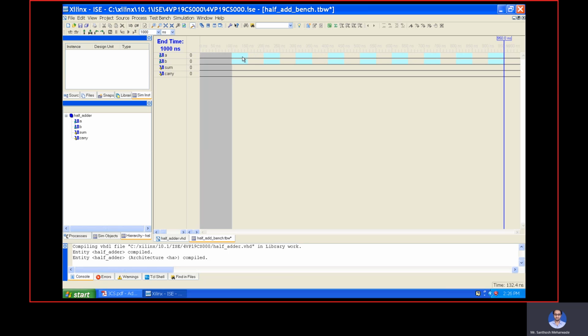In this green color, or any other color, I can change its value. When I click on it, you can see it transitions from 0 to 1. Again, if I click, it goes from 1 to 0. Similarly here also. So what I will do here is keep it as it is.